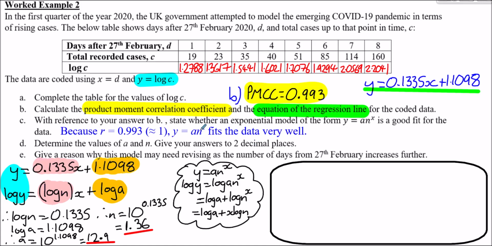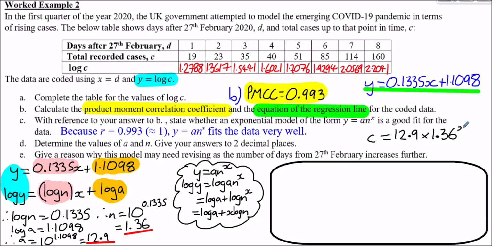So C, for total recorded cases, that's log C. So log C is going to relate to the type log Y. So y-axis is going to be our C. We can see that C must be a times n to the power x. A is 12.9. I'm going to multiply that by n, 1.36